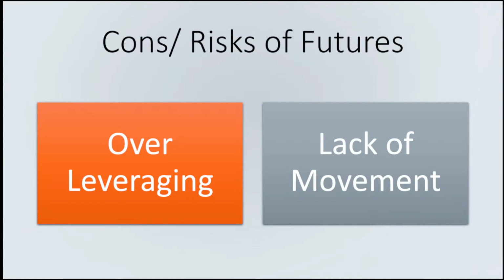But what people have a problem with is thinking, oh well, I have 2,000, I could take 3 contracts, and I'm hoping it's going to move really fast and I'm going to get a big hit. But they're over-leveraging incredibly, and then it makes one small move against them and completely auto liquidates them, which means the broker closes you out. We'll get to that later, but the brokers essentially have a set amount of movement, and if your account balance falls below that level, it automatically closes your position. So that's a big issue there.